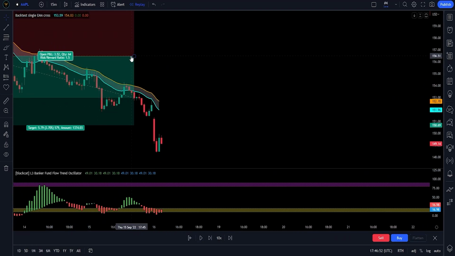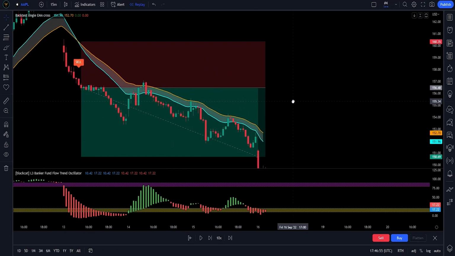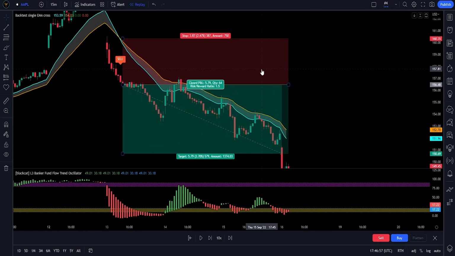Our prediction was once again correct, and we made another profitable short trade. If we were to trade with 2% of our account size, we would have made around 7.4% of our initial account balance. Now, I will back test this strategy 100 times, and then I will show you what results you can expect.